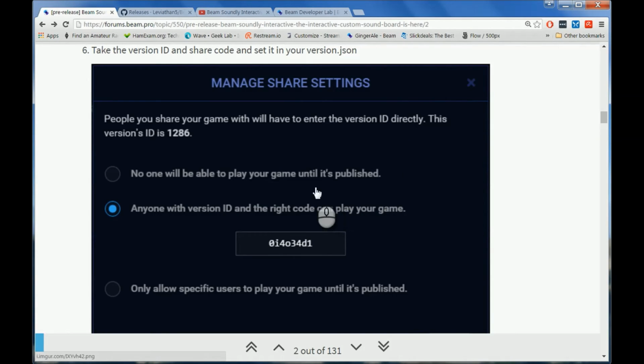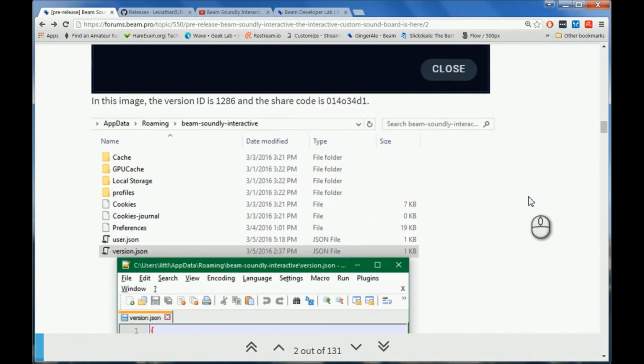So it's going to come up. It's going to give you the ID number here. You're going to click this middle button or middle circle here that says anyone with the version ID and the right code can play your game, and then it has a code here. Okay, then the next step is going to be to go